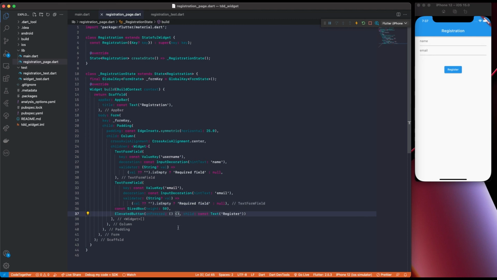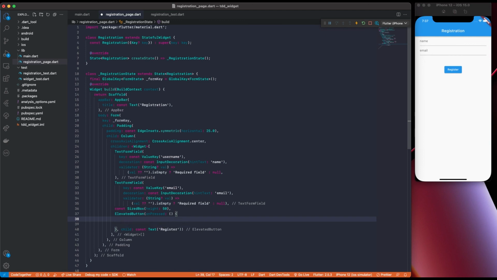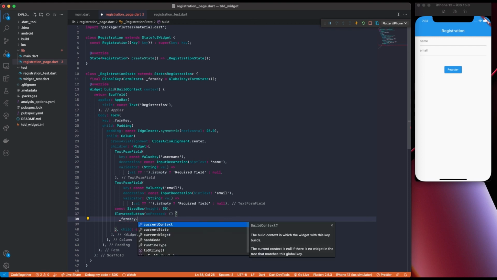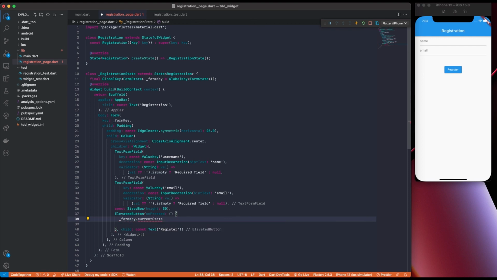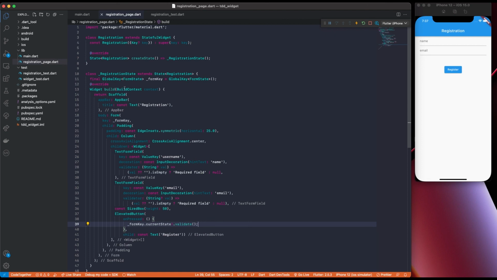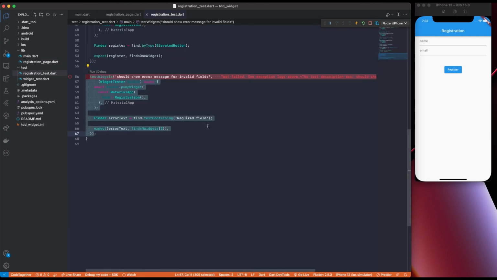We can now set up our onPressed. So what I want to do is that whenever the user presses the button, I want to get the form key, get the current state of the form, and then go ahead and say validate. So now if I go back to my test,